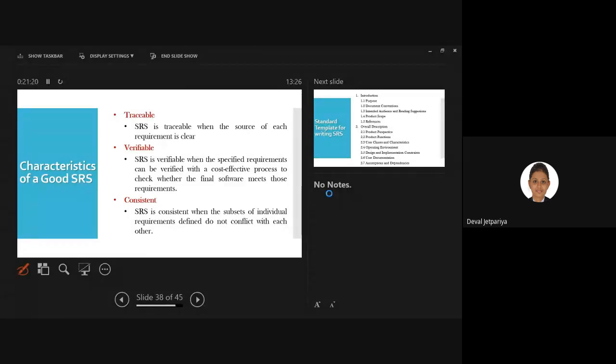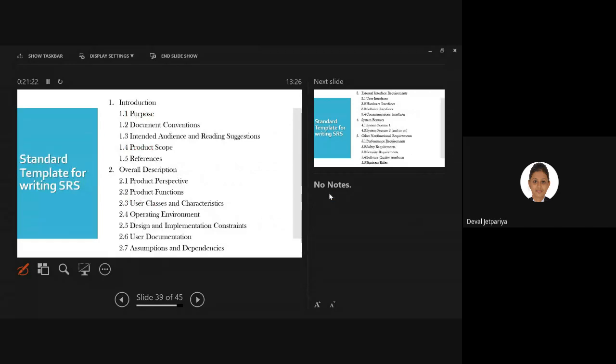Next is the standard template for writing an SRS. No need to look at this in detail as we are already doing the same in the lab. They have simply given the sequence we already follow. The format we follow to prepare the SRS is given by IEEE standards. It is quite a short format as well as easy to complete, so we are following that standard format.